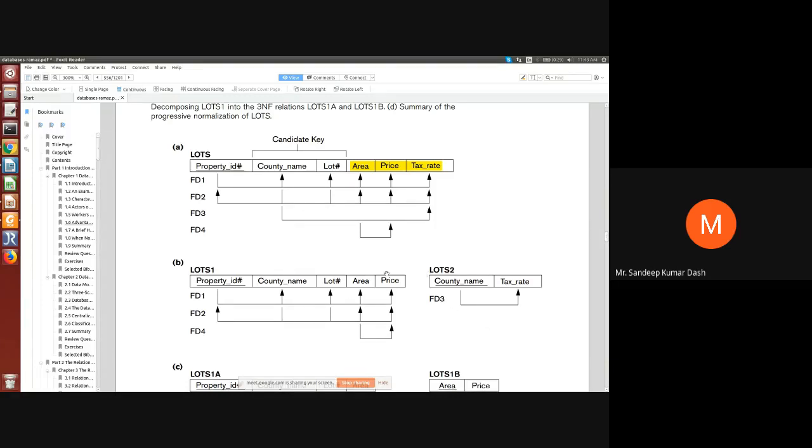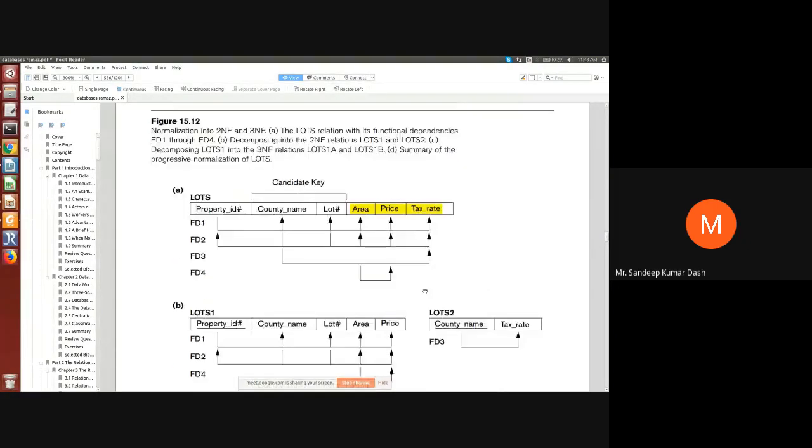Fine. If it is in 2NF, how can you confirm? You can confirm by these are all non-prime attributes. These two are now full functional dependent. These are also again full functional dependent. About this nothing is said, so keep it as it is. This is also full functional dependent on county name, so there is no problem. So these two are combinedly now in 2NF.